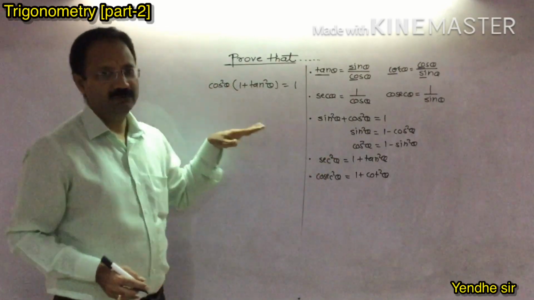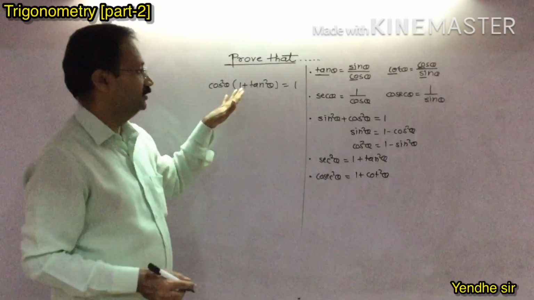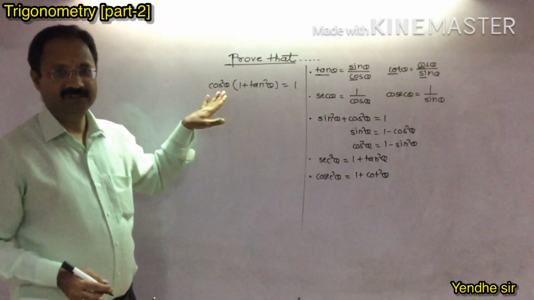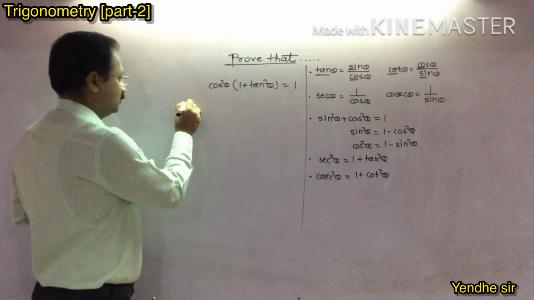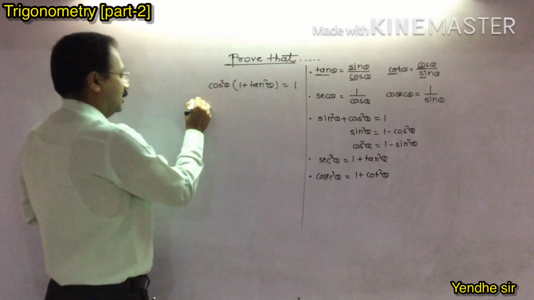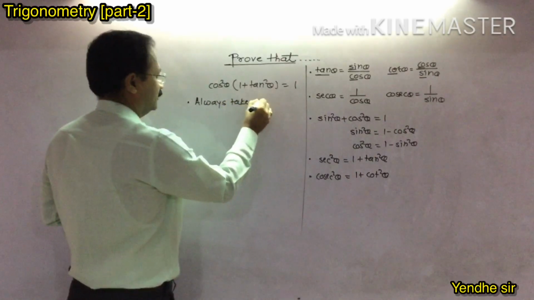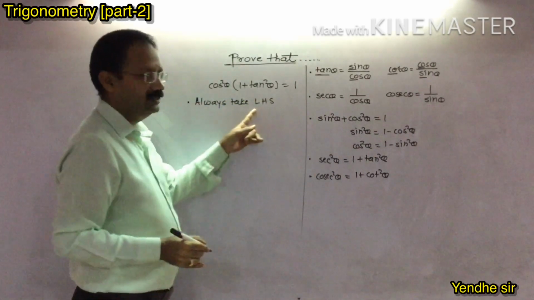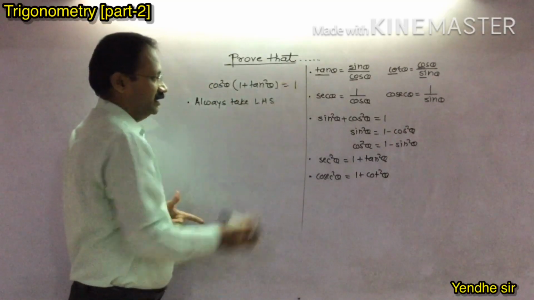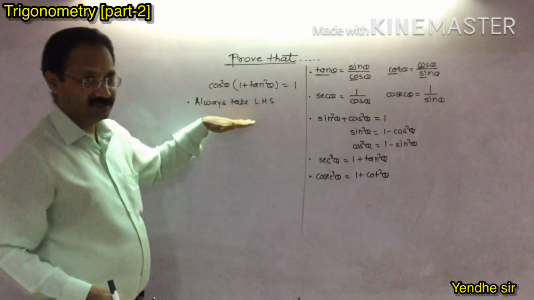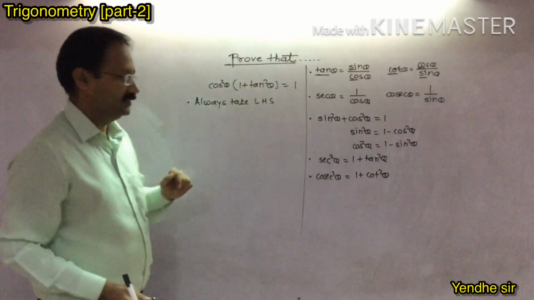Now I am going to tell you some of my rules, how to solve, how to prove this equation, or this sum. So the rules are: first rule, always take LHS. What do you mean by LHS? It's the left hand side. This is the left hand side and this is called the right hand side. So you have to take LHS, always LHS, and then your answer should be the RHS.